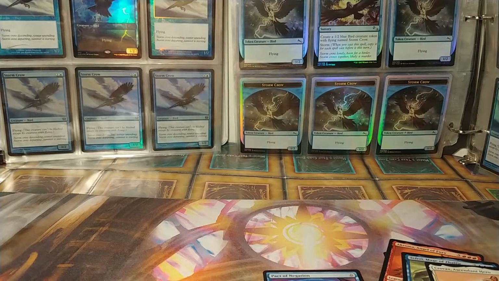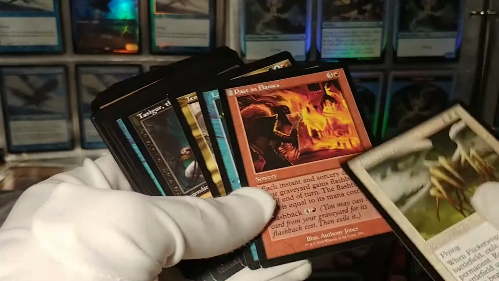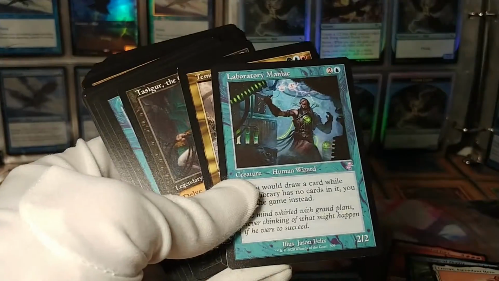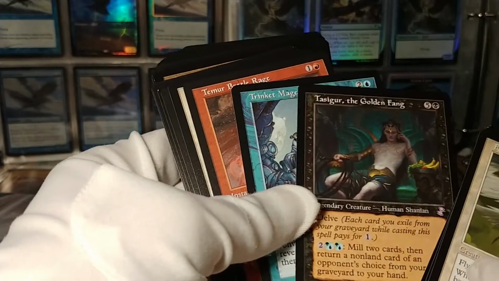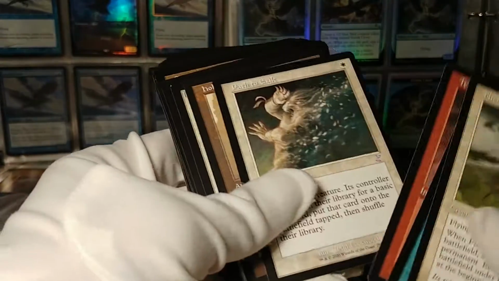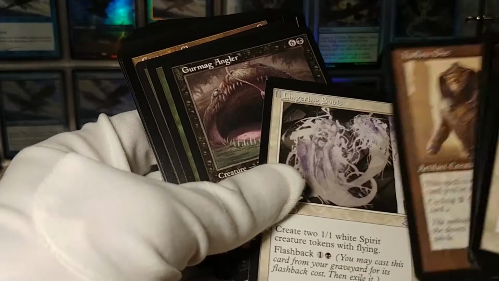Now, let's check out these time-shifted cards. We've got Flicker Wisp and Past in Flames. I mean, this was a mythic, right? So it's pretty good. Pretty good. Tasigur, probably one of the more sought-after ones. Path to Exile, of course. This terribly